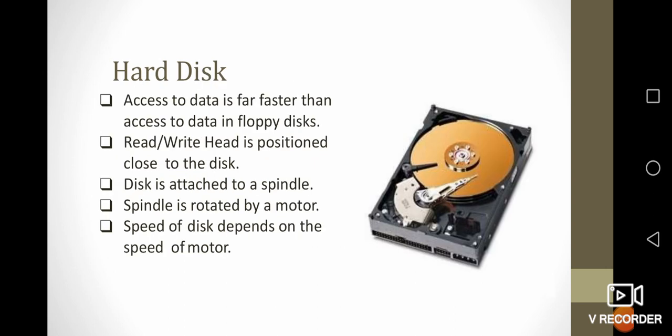Now you can see here is a hard disk. Actually, it accesses the data much faster than the floppy disk. It has a read and write head. Can you see a long pointer kind of thing? And that is called a spindle. Whenever you want to search the data, it moves around. When you want to store the data, it stays in its place and it stores the data. Actually, the spindle is accessed using a motor. The speed of the disk depends upon the speed of the motor that is attached. The gray color, C shaped one is called a motor.